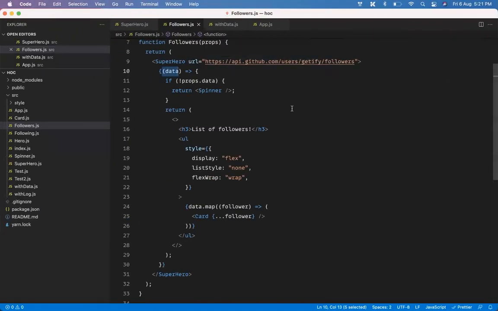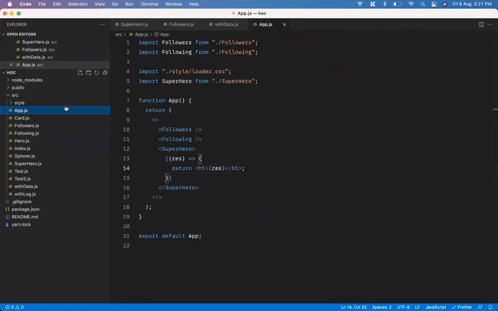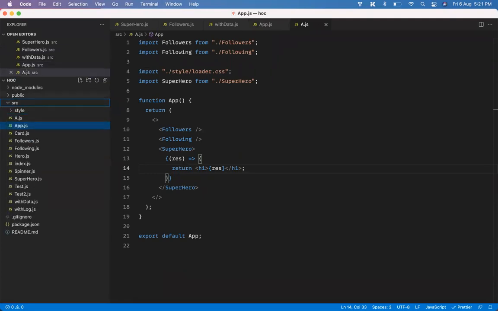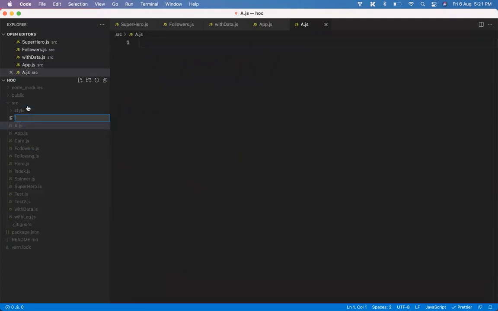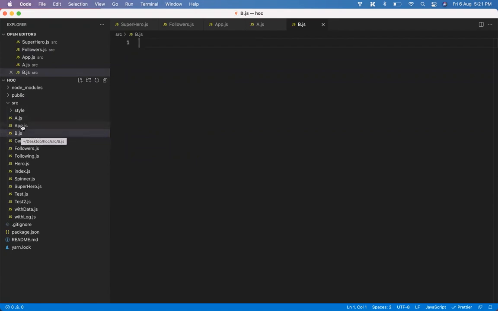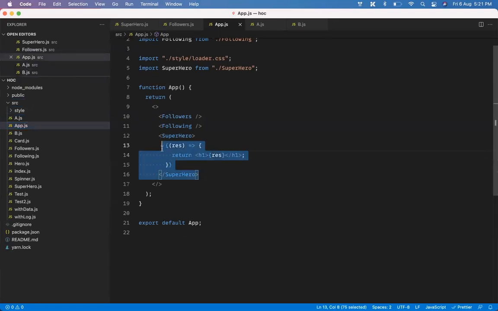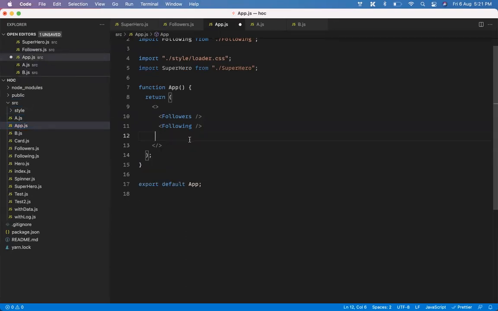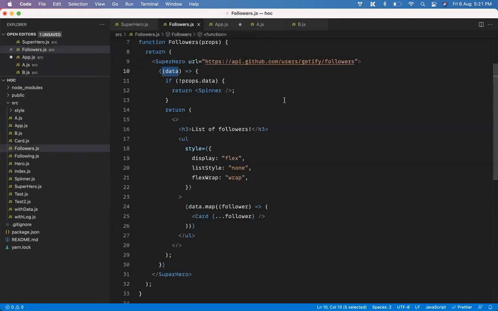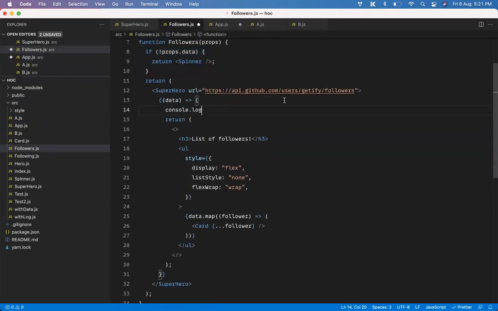Whenever you need to use different kinds of data at different components, you can use context to do the same stuff. So I'll just give an example of that. For that, I'll create two components, a.js, and I'll have another component called b.js. These two components can be called at different places. Here A is called here, B is called here, but I'm actually rendering B. I'll just remove this thing from here, and let's just delete this for now.